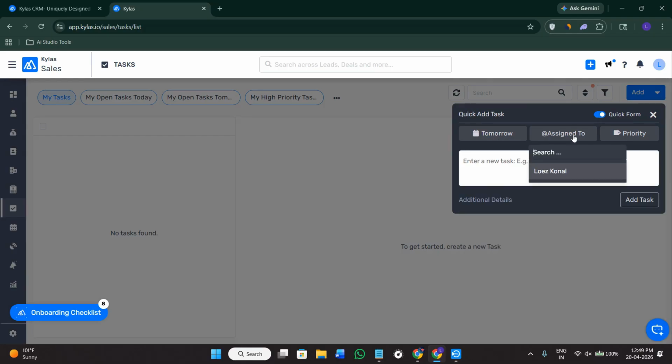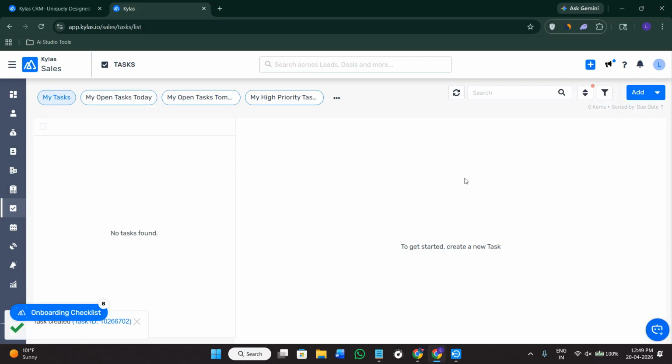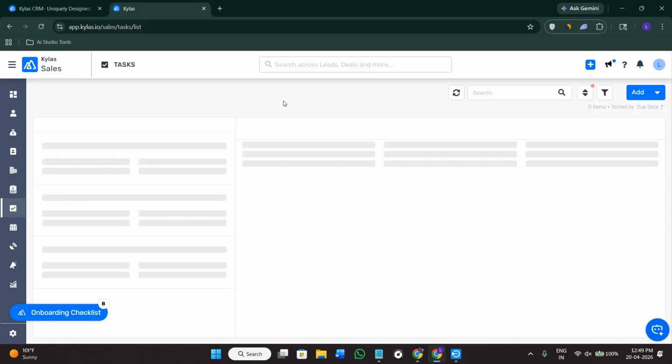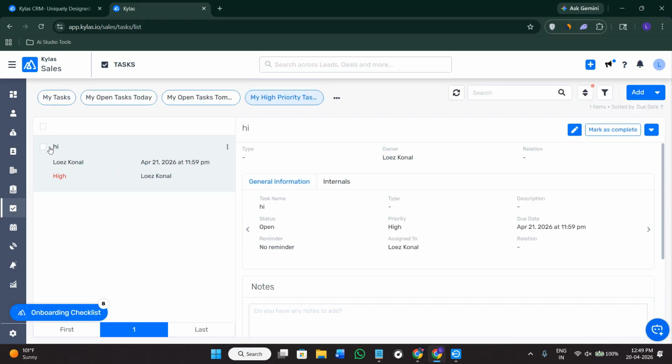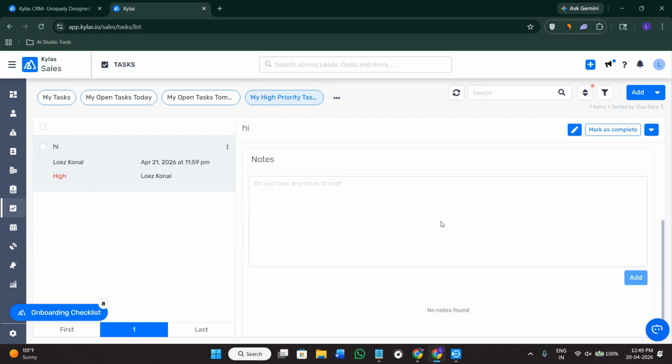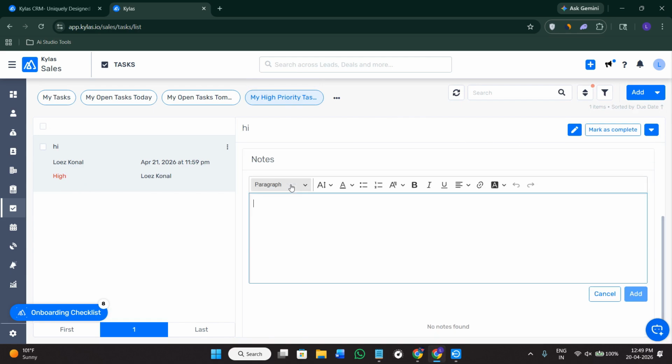So I can select the date, assigned to, and the priority of this task. And then after providing the task, I can click on the option of add task in the bottom right hand corner of the screen. So all of your tasks will come here in the my tasks section. You can also select the option of my open tasks today, my open tasks tomorrow, and my high priority tasks. So as you can see, I gave this particular task a high priority, and now it is going to look something like this. If you want to add any notes over here, you can click on the notes option and